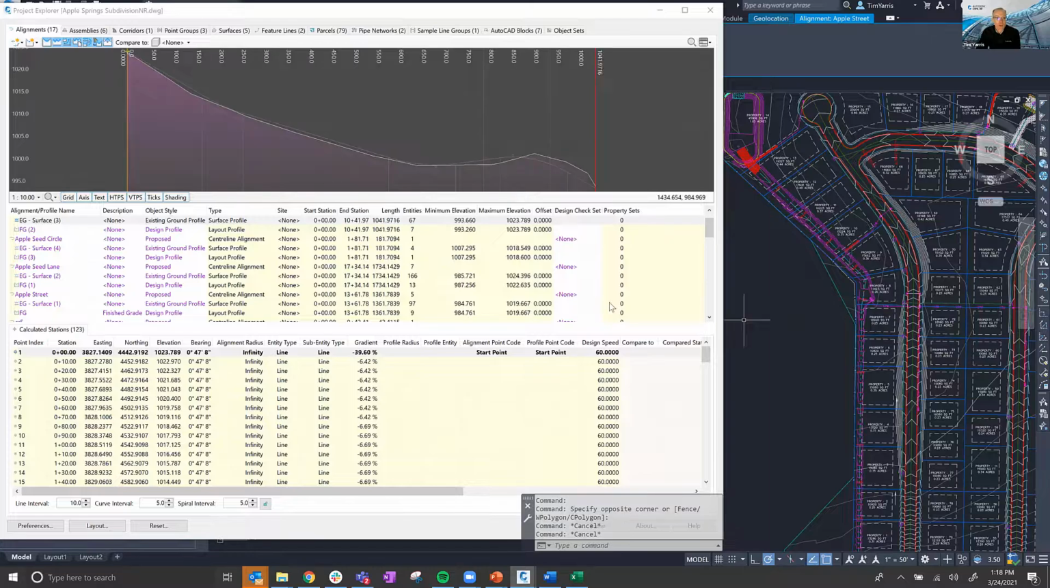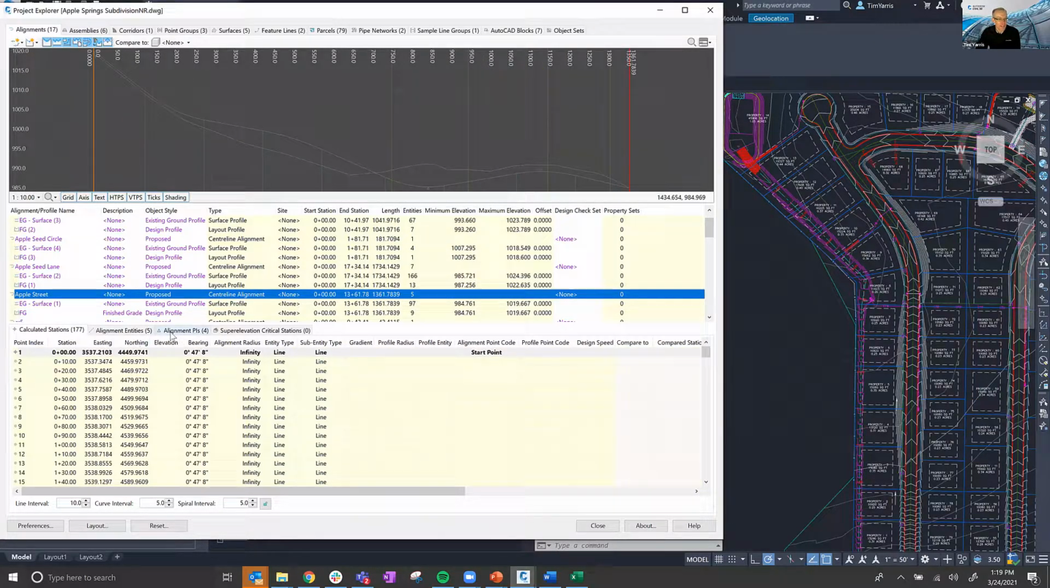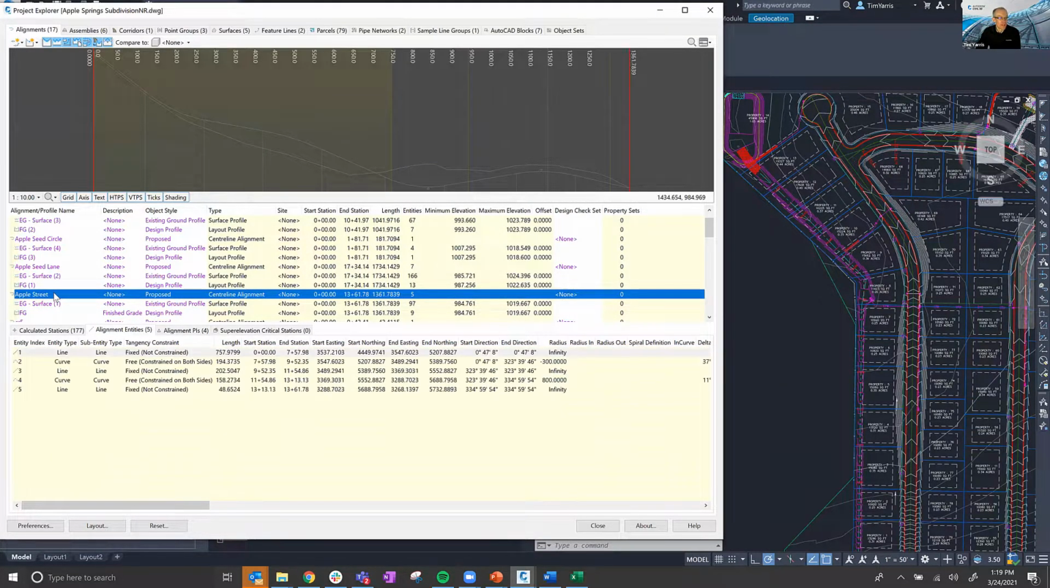Okay, so a couple of the things that are really good about Project Explorer that we really like are things like, for example, let's say I had my alignment selected here, and this is a reasonably simple alignment, obviously, but if I had this huge long list of alignments in here, and I didn't know particularly which alignment in the drawing it was, what you could do is, and you'll see this throughout Project Explorer, is that